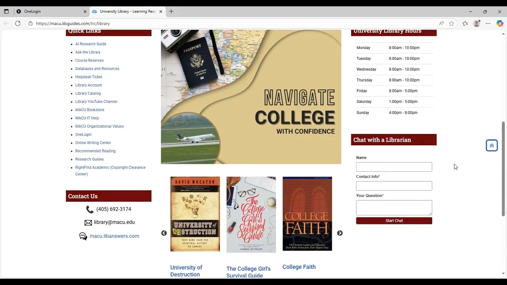We also have a 24/7 chat with a librarian feature. This chatbot is answered by our staff when the library is open and by partner librarians around the country when we're closed. We do see chats answered at 2, 3 in the morning, so they are answered around the clock. Anytime you're doing research, running into any kind of problem with links not working, or being unsure about how to do a citation, or just not quite being able to find what you need, this is a great resource that